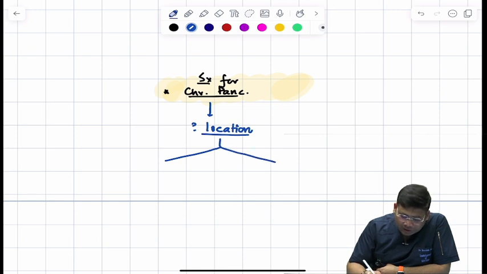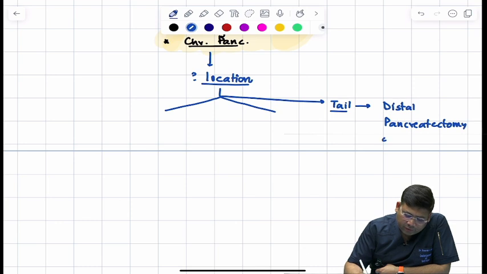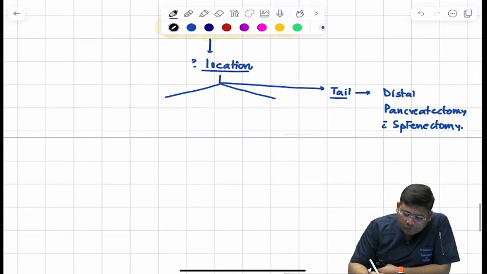What is that? Sir, it is involving the tail of the pancreas. If it is involving the tail of the pancreas, you know that distal pancreatectomy with splenectomy is the call. This is done. Leave that. Next is, sir, if it is involving the branch duct, so if it is a branch duct pancreatitis,